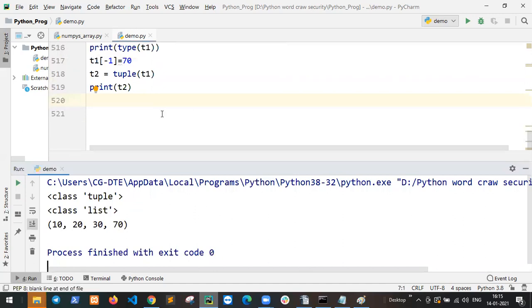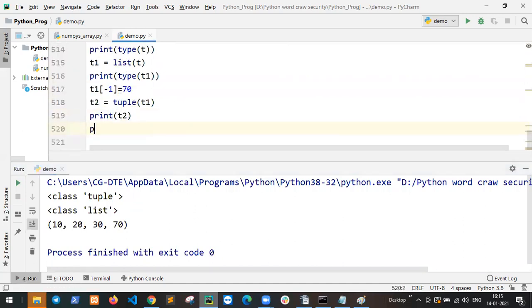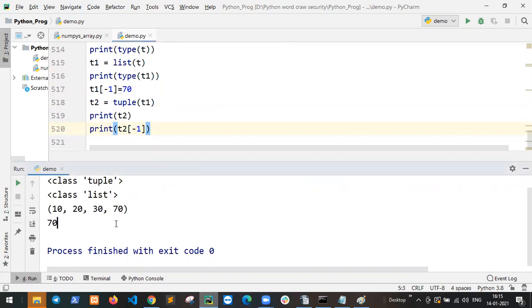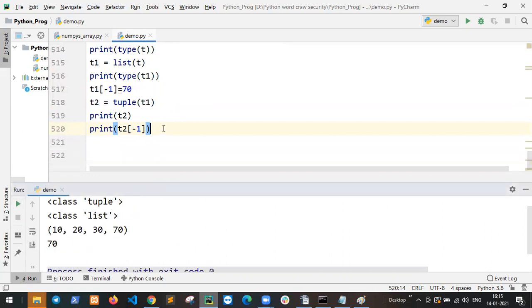If I print t2, the tuple, of -1, the value is 70. Tuple and list both always support positive and negative indexes. Understood?